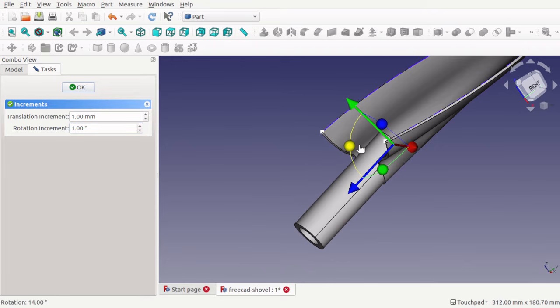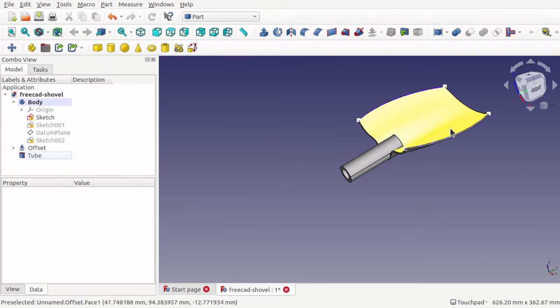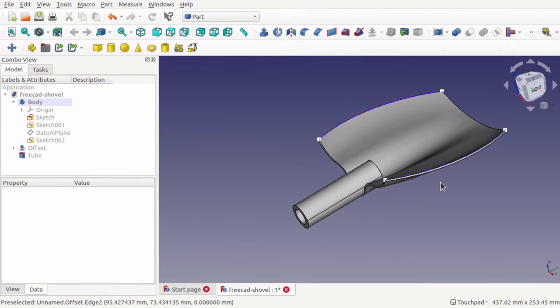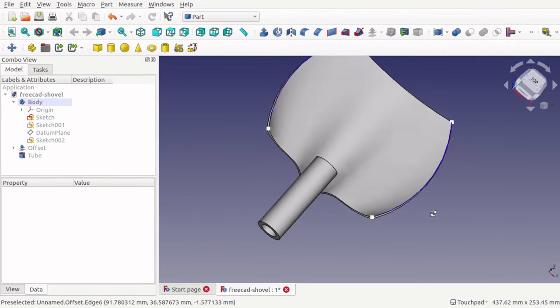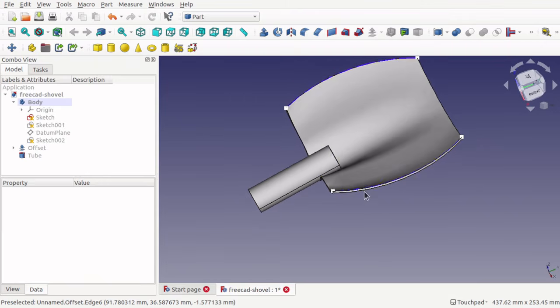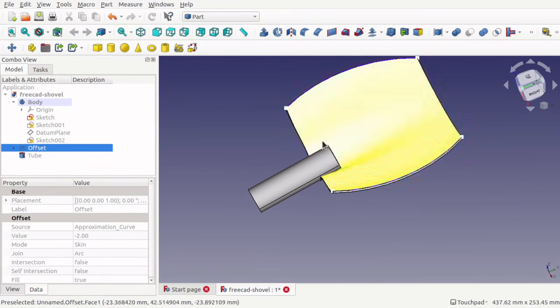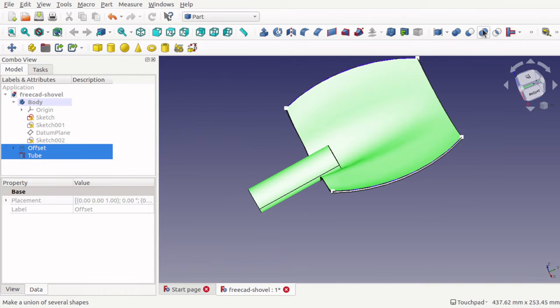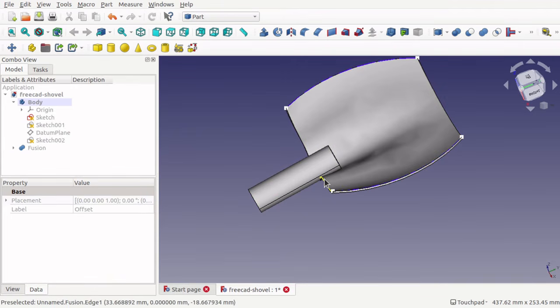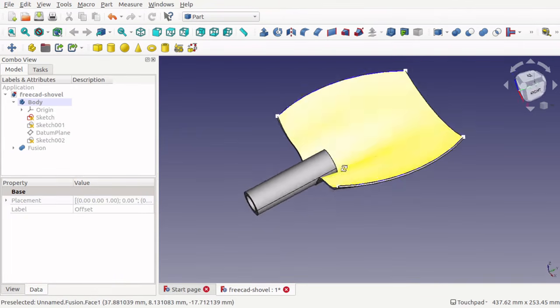We're doing that so we can union the two parts at a later time. And OK that, and we can do our usual fusions, etc. if we so desire. So you can select the offset, select the tube, and use the boolean in there to fuse those together. So there's a quick shovel